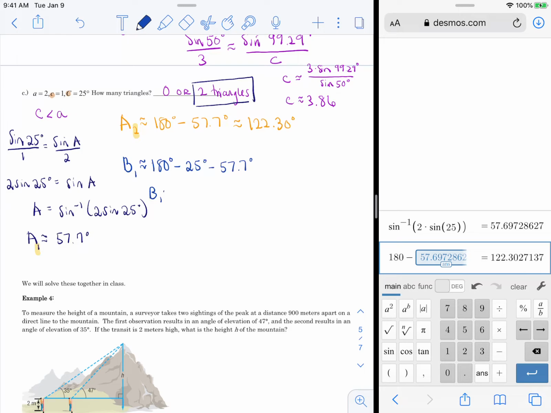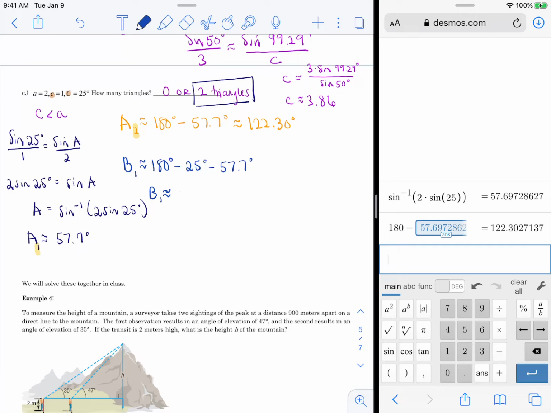Now realize your sub 1s are in a totally different triangle than your sub 2s. They're two separate triangles, so you can only combine everything in one triangle. So now I'm going to do my value of 180 for the entire triangle, take away 25, take away